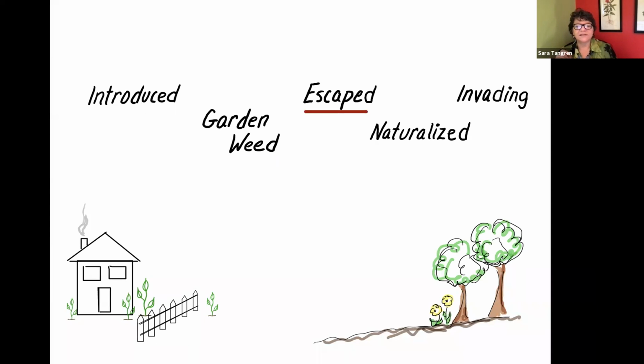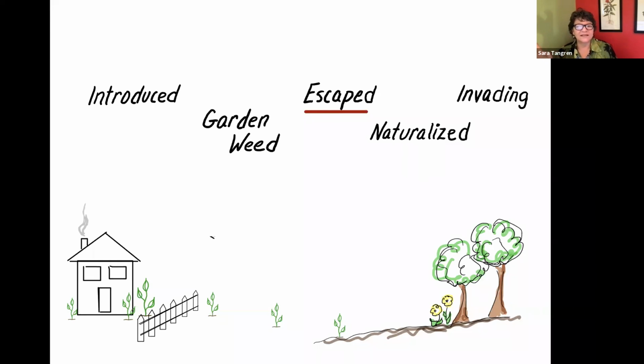So the next word is escaped. And what happens is that one of those little garden weeds hops over the happy picket fence into an unmaintained area. It has literally escaped the garden. And it could be in a natural area. You know, maybe this is a native meadow. And if it continues to spread,